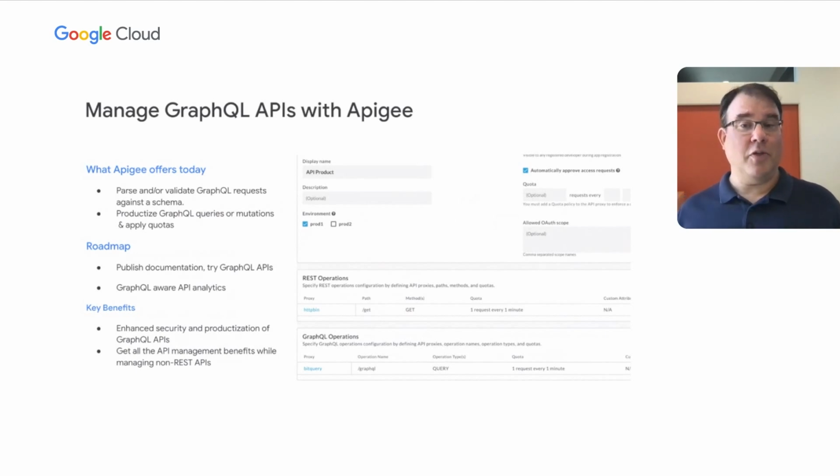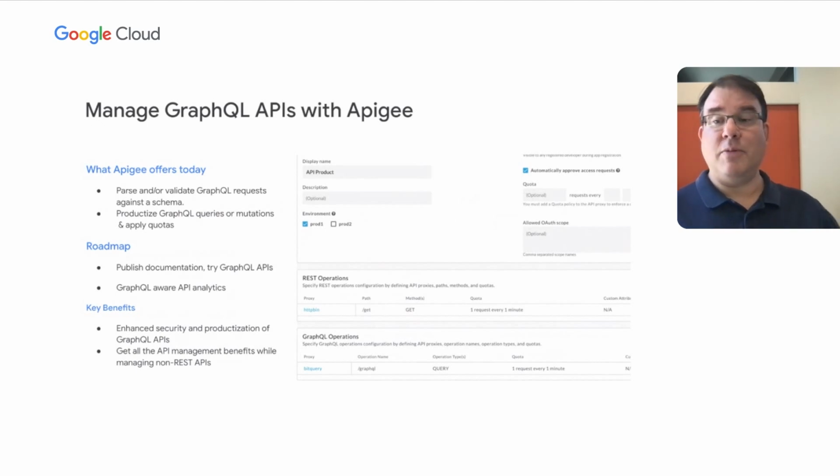So a very simple thing you could do, for instance, is say that certain developers or certain applications are only allowed to execute queries against the GraphQL API, whereas you have to have a different kind of credential and possibly approval from the API team in order to make mutations, which means we can very easily separate the read-only API from the read-write API. And then we can do more. And I think what we're doing in the future is we're looking at what more we can do.